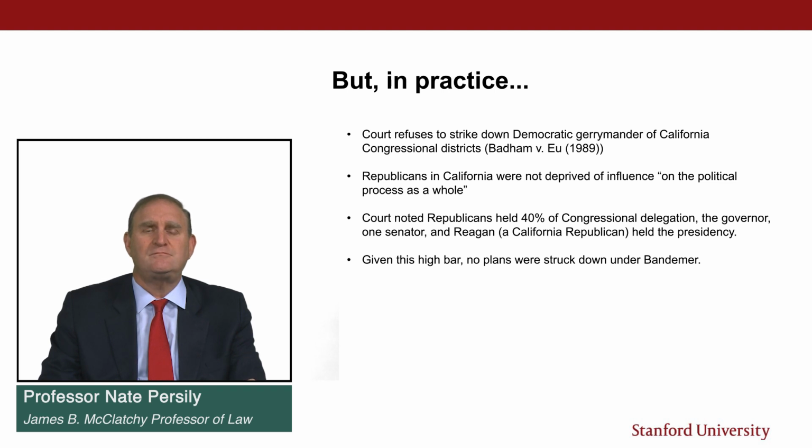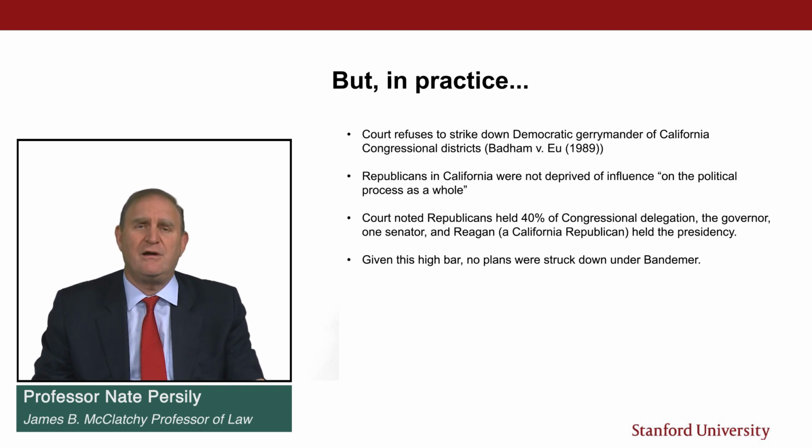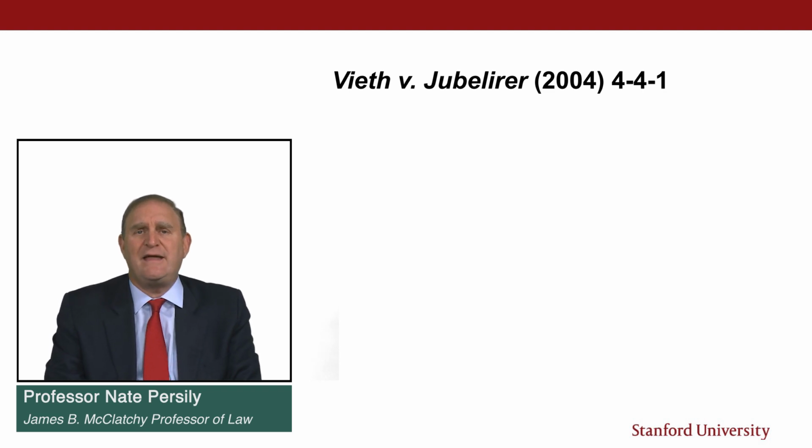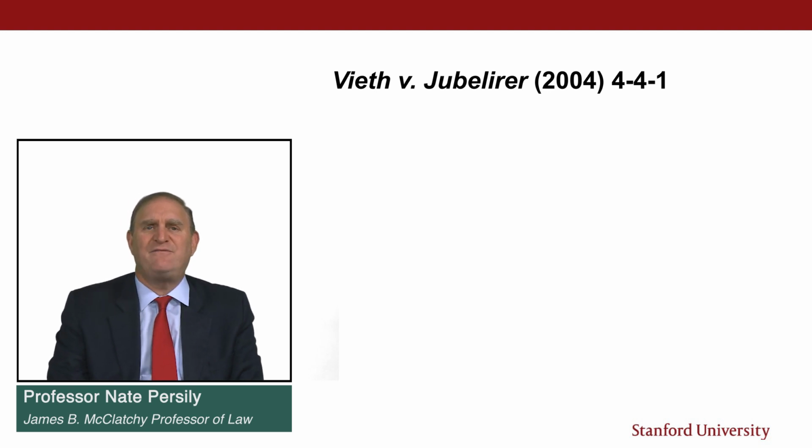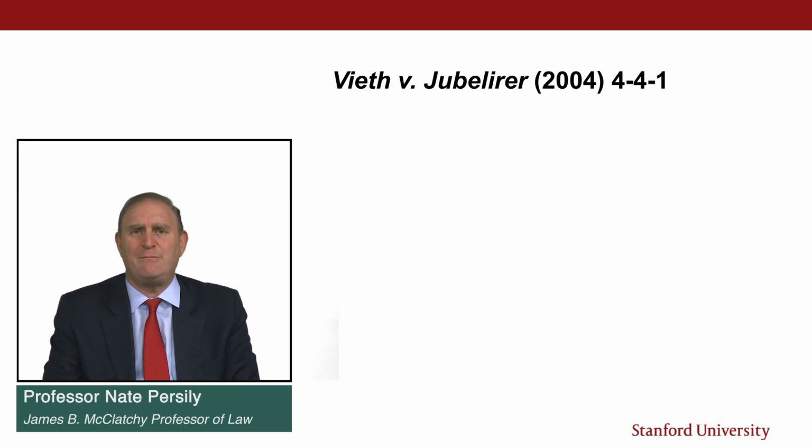And so therefore, what was a pretty extreme gerrymander by the Democrats was nevertheless constitutional under the Equal Protection Clause. And so until Veith versus Jubileer in 2004, the Bandemer standard led to different people making claims of unconstitutional partisan gerrymandering, but none of them ever really won, because if the kind of evidence that was in Badham versus You would be enough to defeat a partisan gerrymandering claim, then it was going to be very difficult for any other plaintiff to win. Veith versus Jubileer, however, seemed to hold out hope for the possibility that the court would get involved in partisan gerrymandering. And while it's effectively been overturned by Rucho versus Common Cause, it's worth spending a moment discussing it,